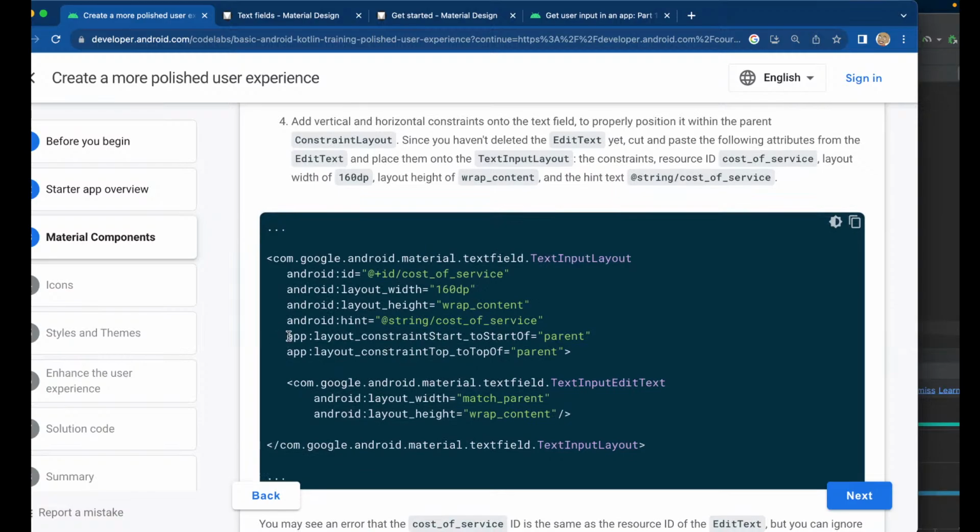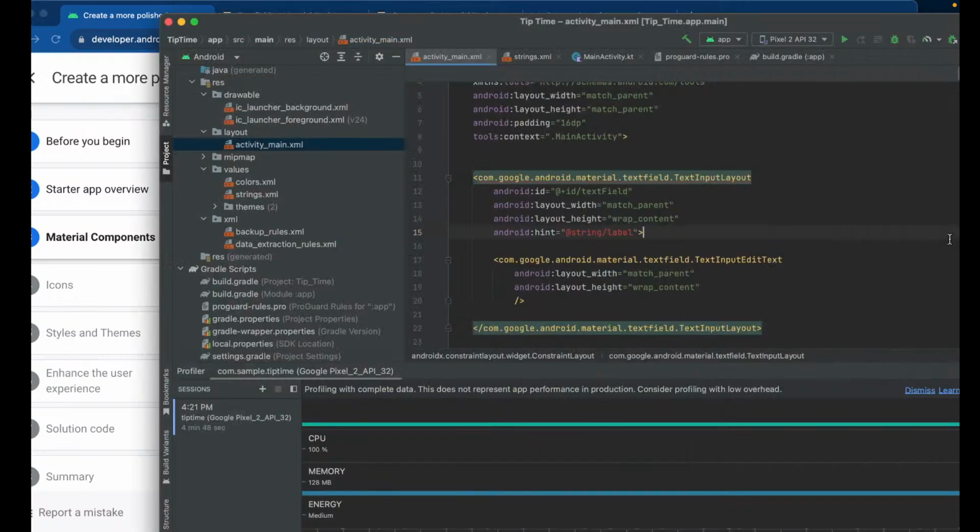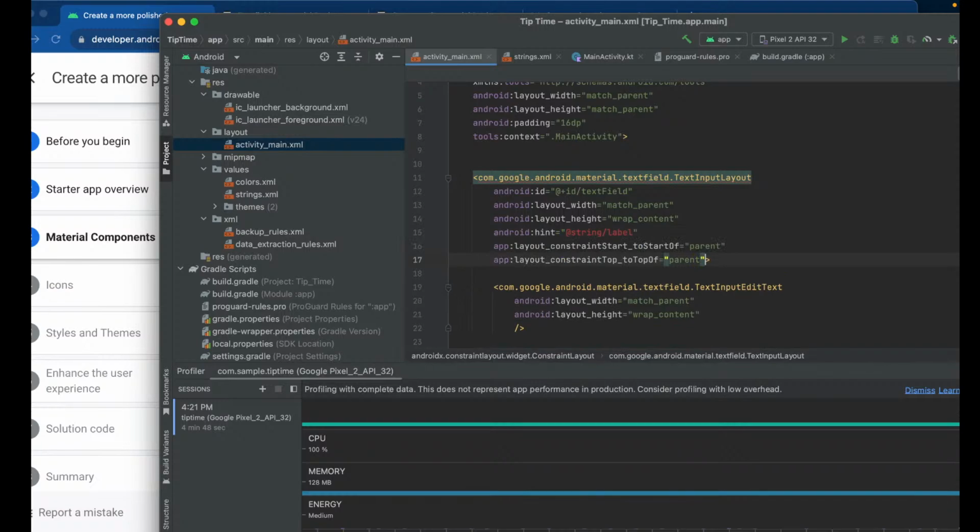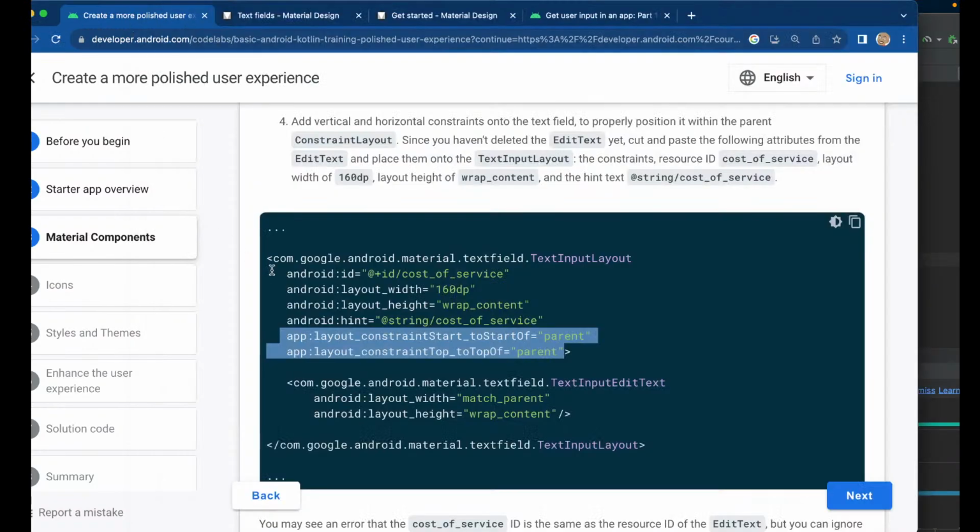So they're going to add these constraints after the hint, and then they want,